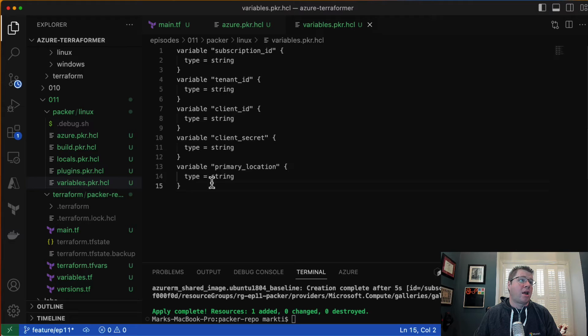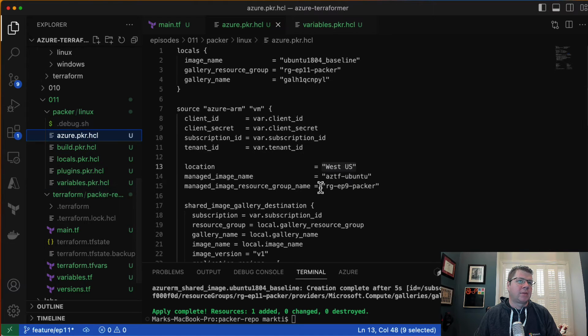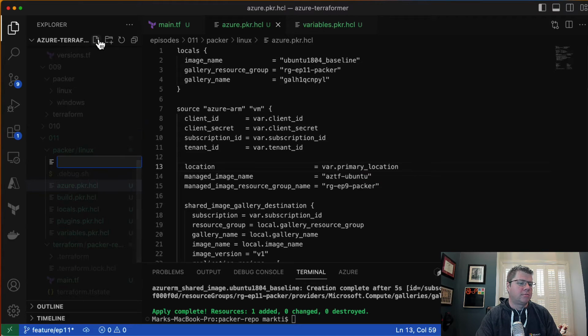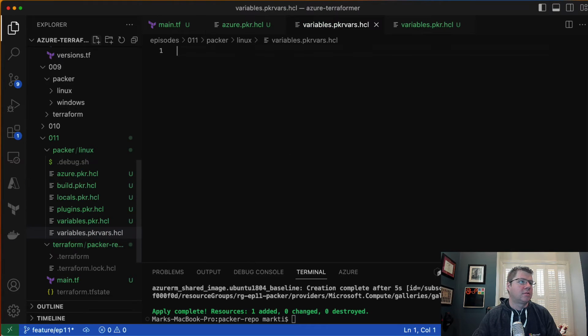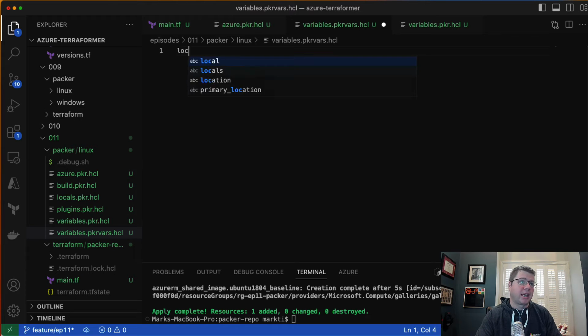And we'll pipe in the primary location. And then this will be var.primary_location. We will create a new file called variables.pkrvars.hcl. And then we'll just say primary_location equals West